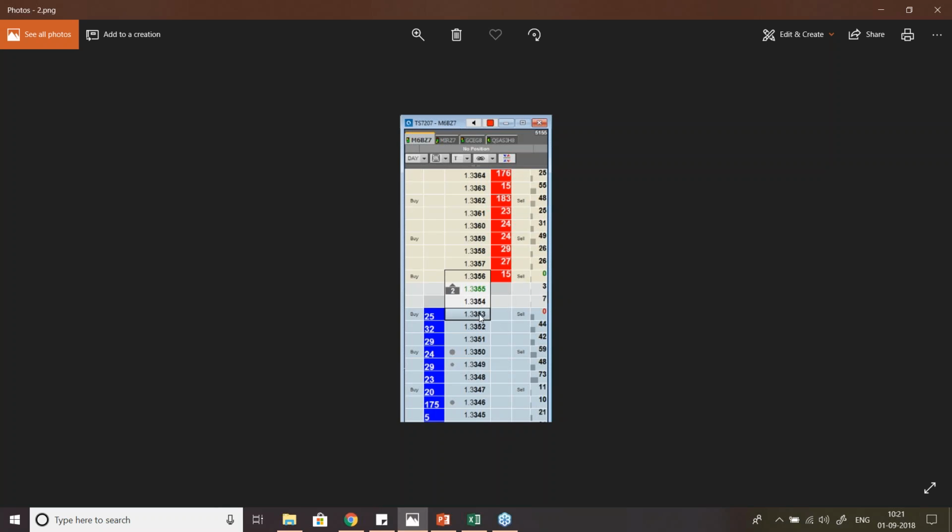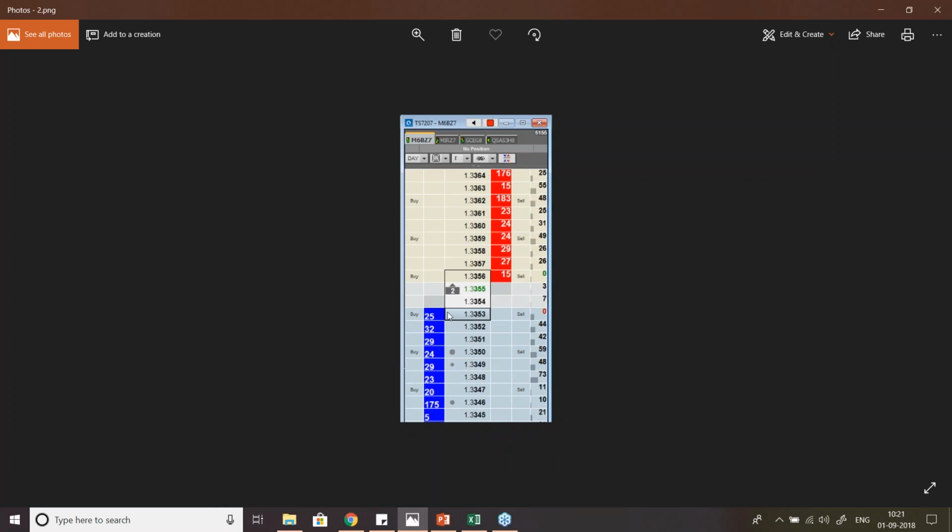Online participants, the best bid here is 25 volume at 1.3353, right? And the best ask here is 15 lots at 1.3356, right? Yes, excellent, Kalpesh. So you can see that there is a margin of 3 ticks between the best bid and best ask,